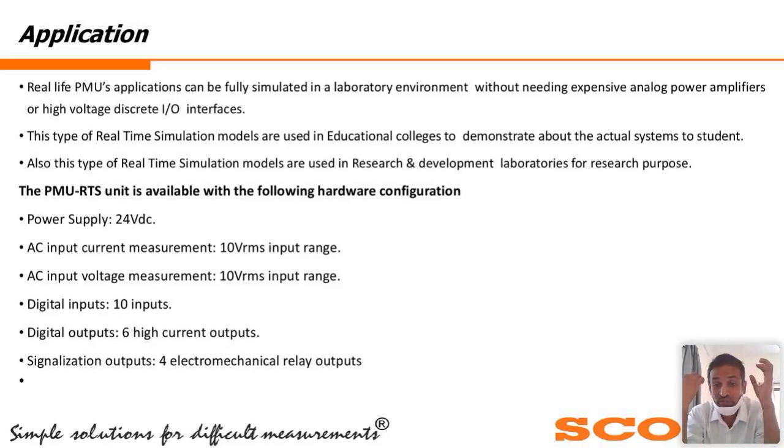It doesn't understand whether, if I trip it, there are any repercussions on the network. The relay won't see that. But in the PMU, it will see: if I trip it, what is the change in the network? What is the disturbance I'm going to create in the network? That also it will understand. Then based on that analysis, it will see whether I want to trip it, or keep it and trip another feeder, or how to manage things. So all these real-time decisions will happen at the PMU or wider level.